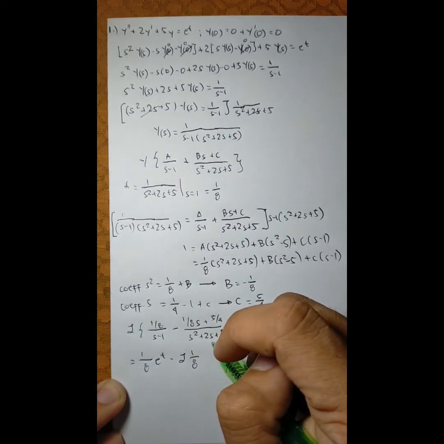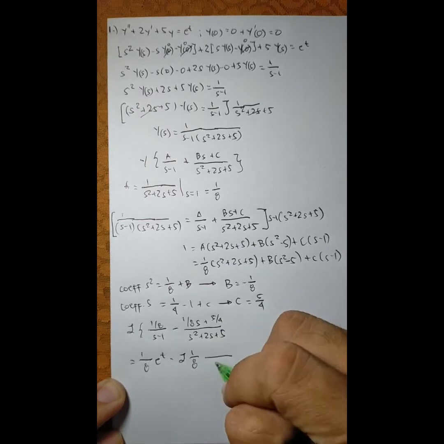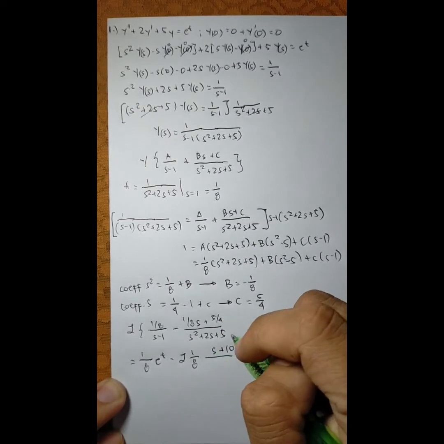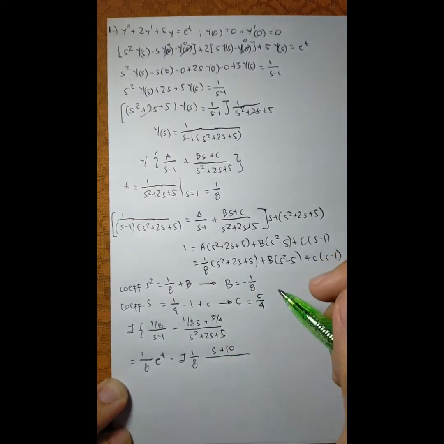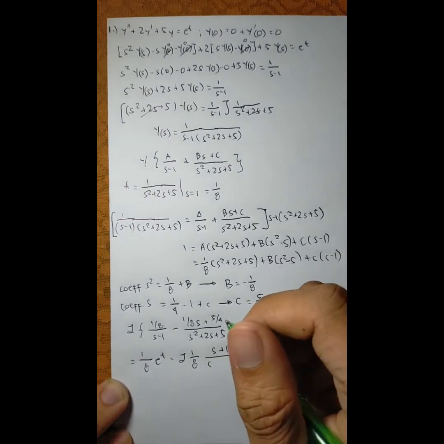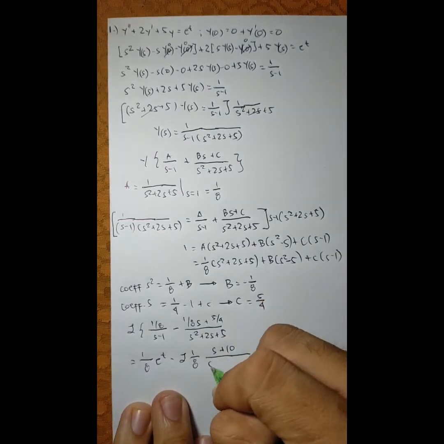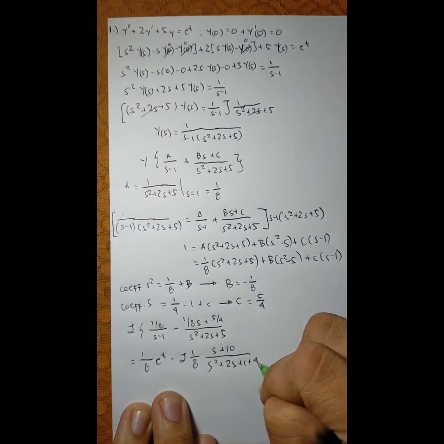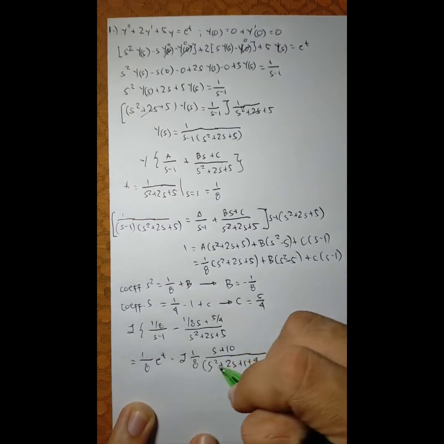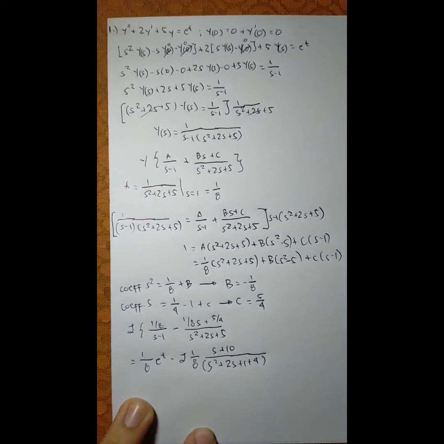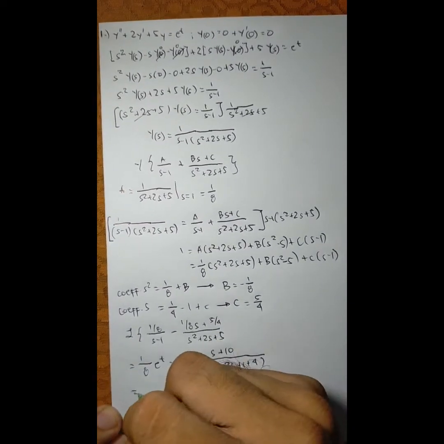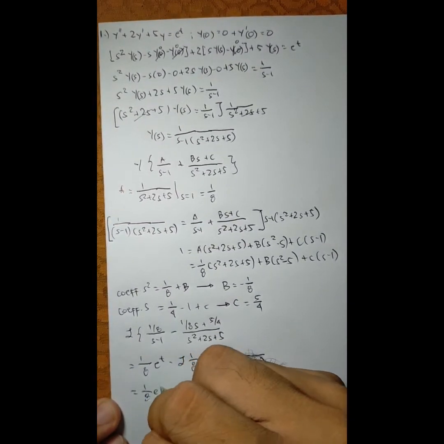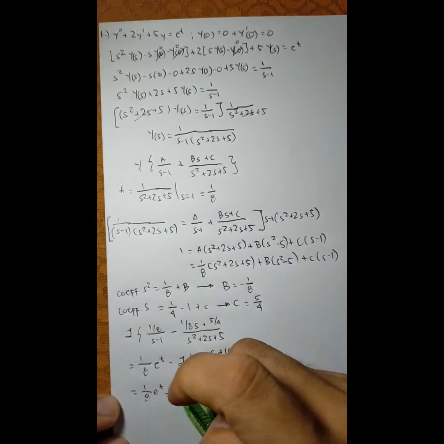Taking out 1/8, we have s plus 10 all over s squared plus 2s plus 1 plus 4. So we separate 1 and 4. So we have 1/8 e raised to t minus